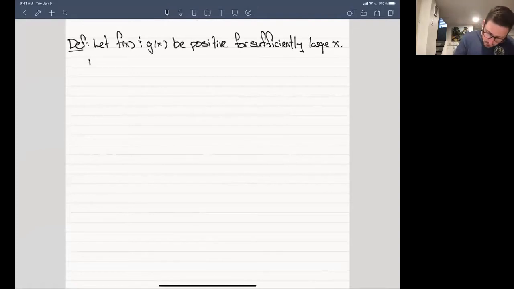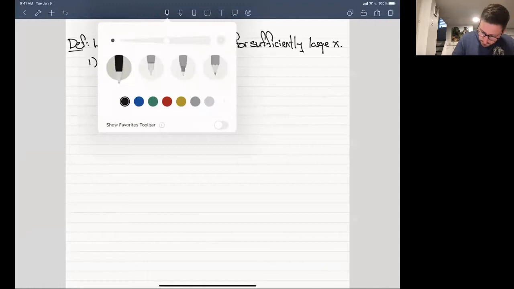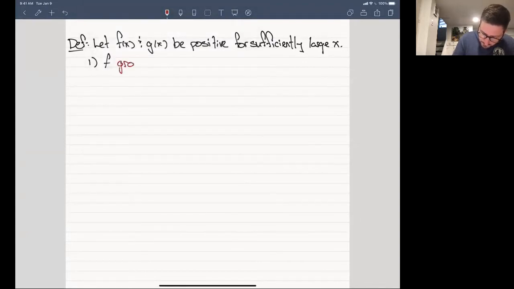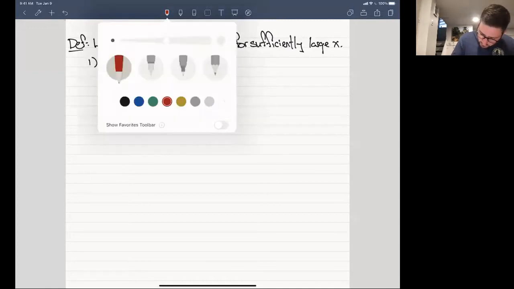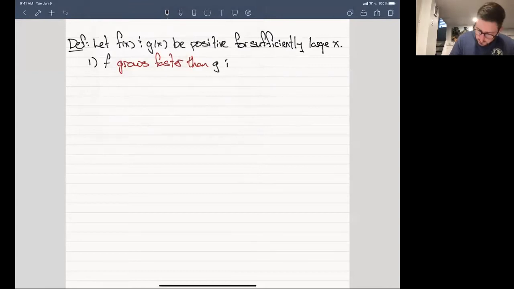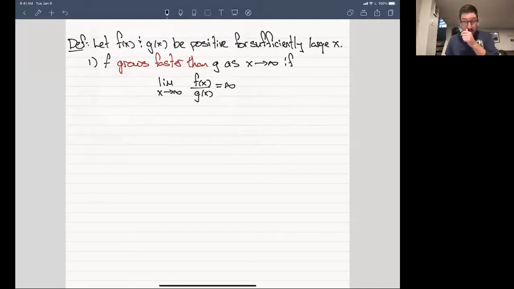Okay, then we say, maybe we'll put the definition in red, we say f grows faster than g as x goes to infinity if the limit as x goes to infinity of f of x divided by g of x equals infinity. Right? So the numerator of this quotient is growing faster than the denominator, and so it's pulling it up to infinity. And so, or equivalently,